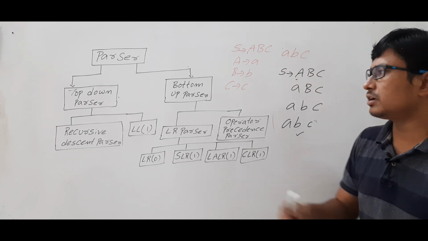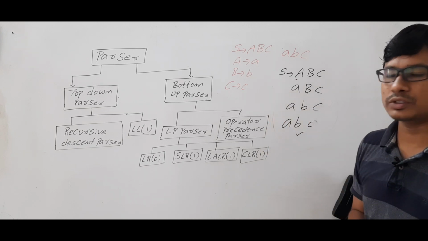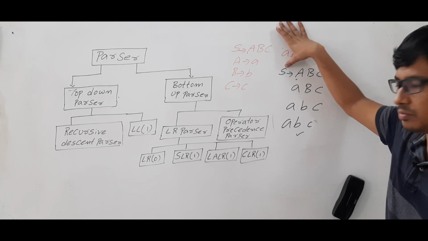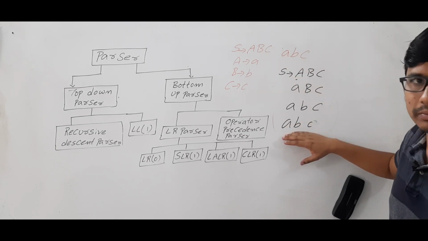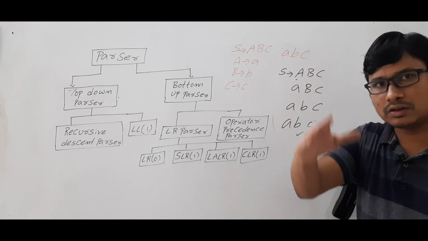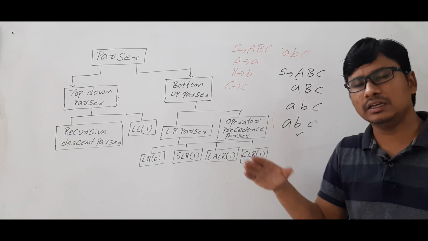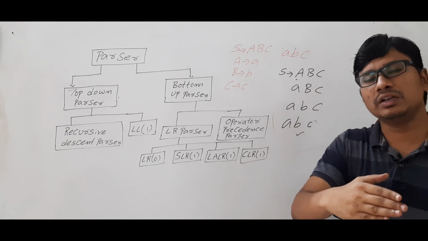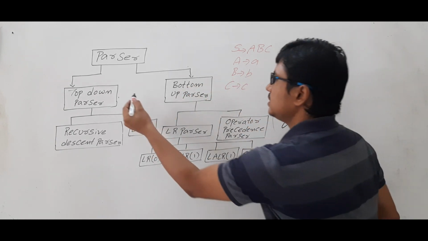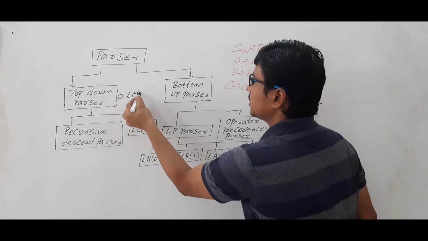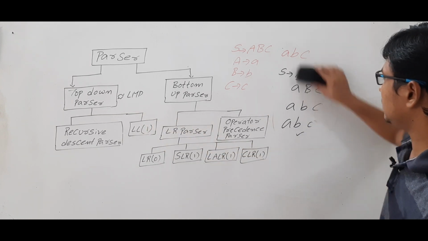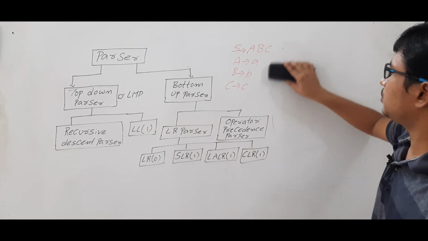If you look at it, the top-down parser is equivalent to leftmost derivation. Why? Here also in the leftmost derivation, we have started from the start symbol and we went up to the terminal. And even we have gone from left to right. Even in the top-down parser also, if you look at it, first I have derived from S, then ABC, then from A I have derived small a. So, it is leftmost derivation. So, I can say the top-down parser is equal to leftmost derivation, or top-down parser will do the leftmost derivation. Is it clear? Now, let me discuss about the bottom-up parser.